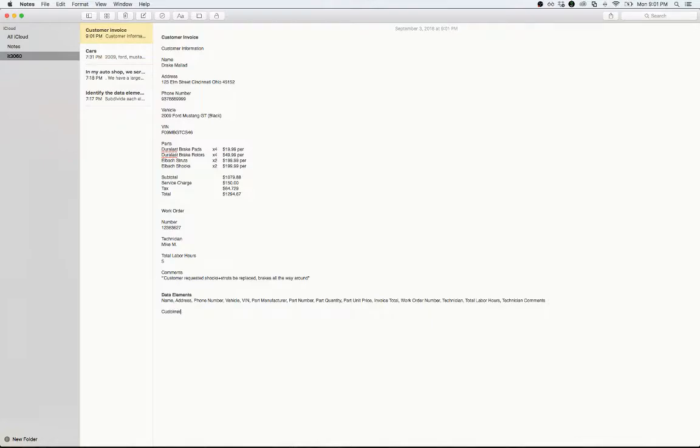basically buckets. So we'll have a customer bucket, which is going to have name, address, phone number, vehicle, VIN, and then we'll have a part bucket, which is going to be part manufacturer, part number, part quantity, part unit price,